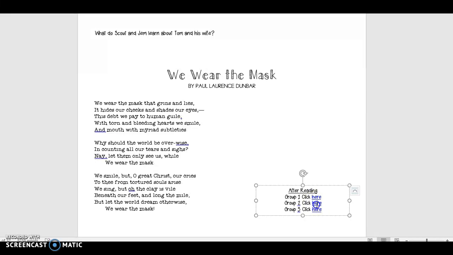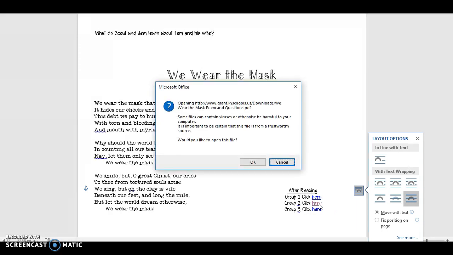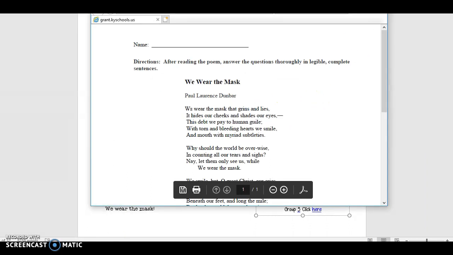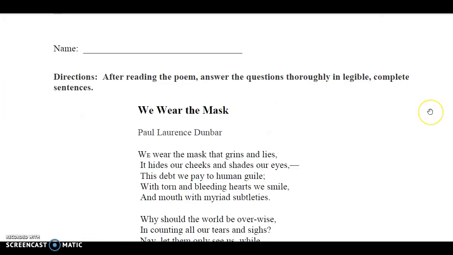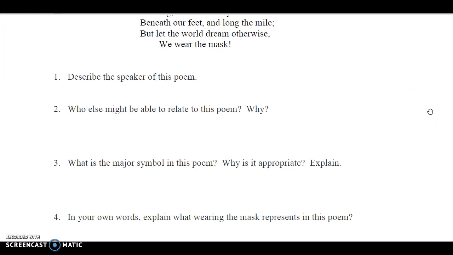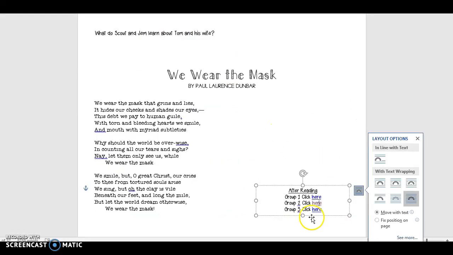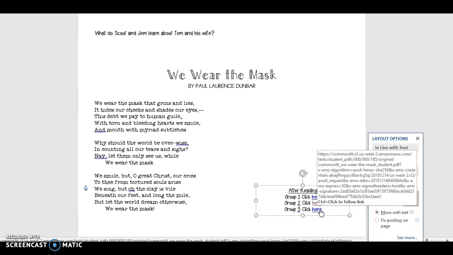So maybe that's group 2, and they click here and this takes them directly to the poem again, but this just has basic questions. What's the speaker? How else might you relate? What are symbols? Whereas if you click to group 3,